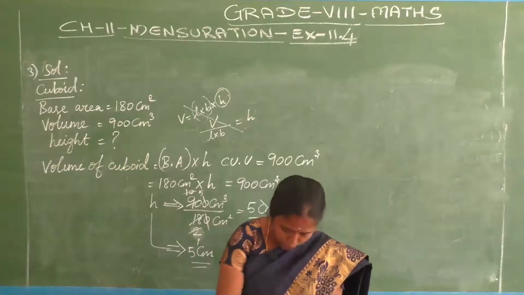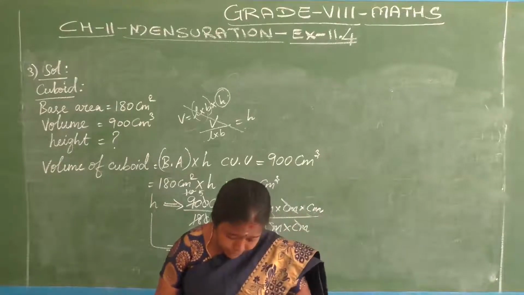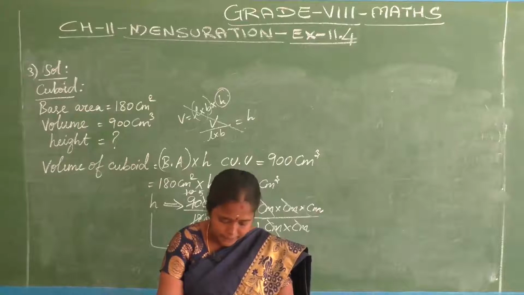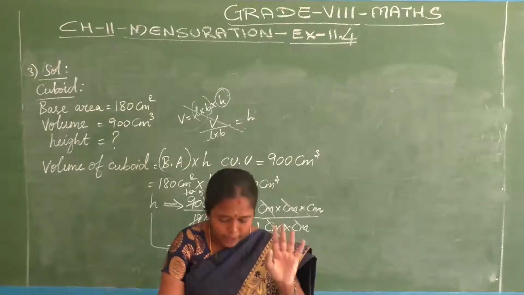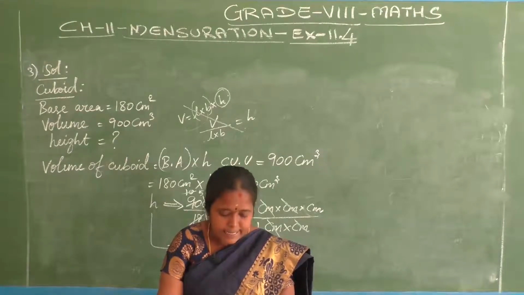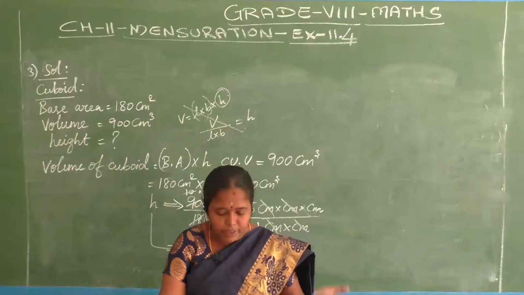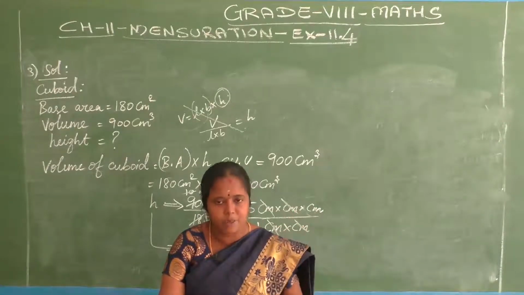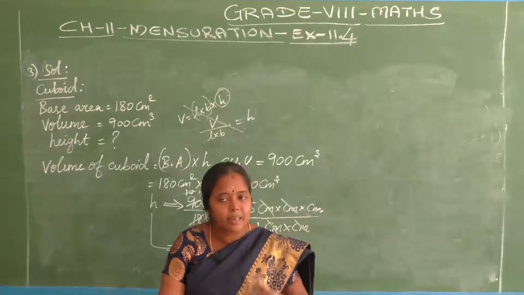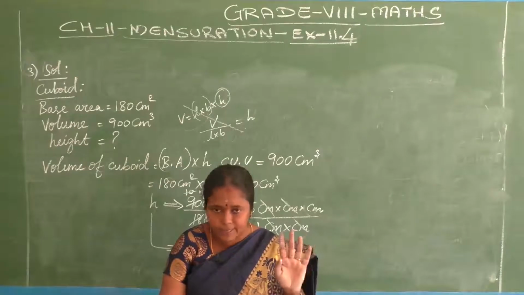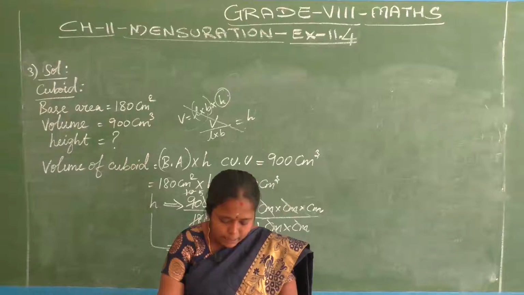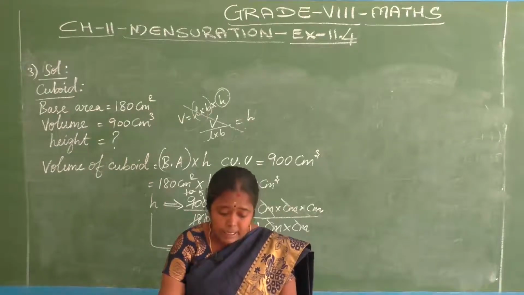See, fourth question. A cuboid of dimension 60 centimeter into 54 centimeter into 30 centimeter. A cuboid only is mentioned here also in the fourth question. Actually 60 centimeter into 54 centimeter into 30 centimeter means L into B into height. Take the first value as length, the second value as breadth, the third value as the height. Okay, how many small cubes with the side 6 centimeter can be placed in the given cuboid?